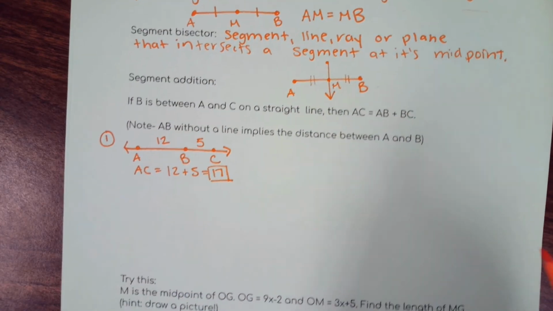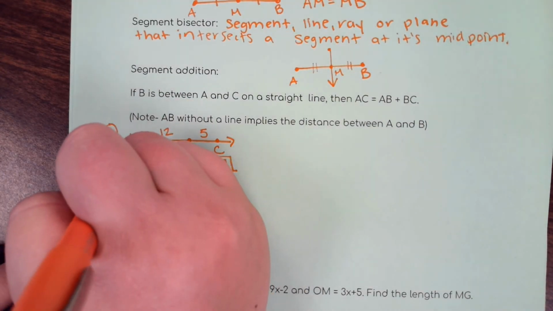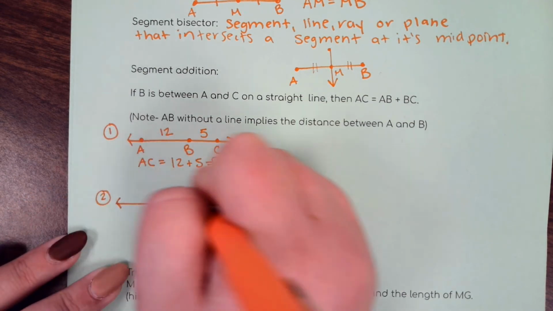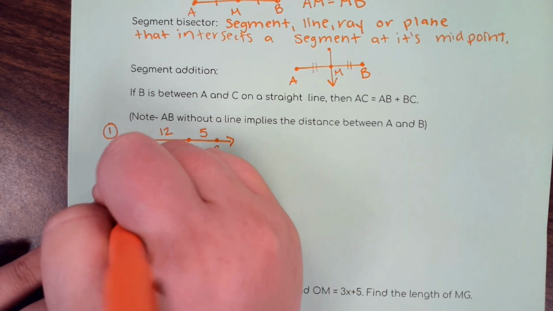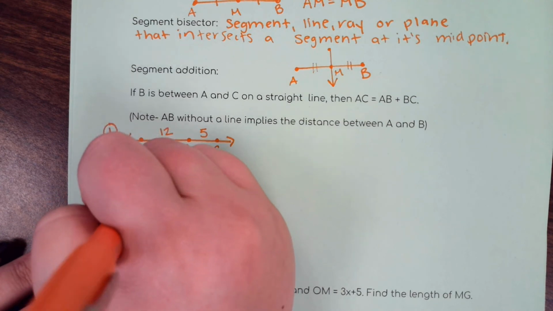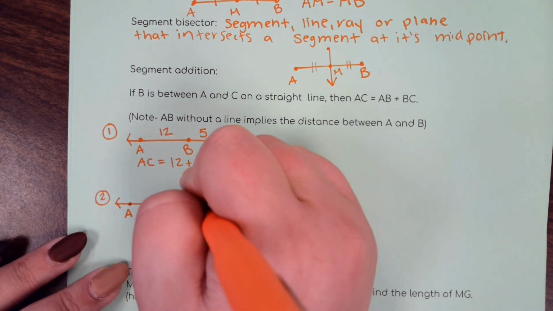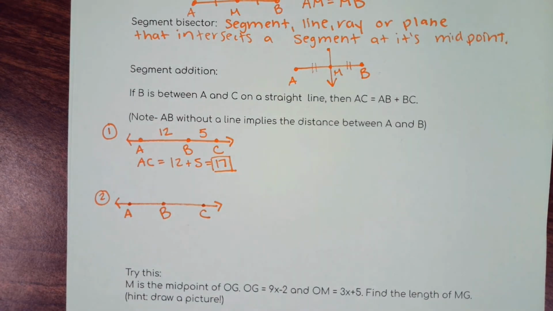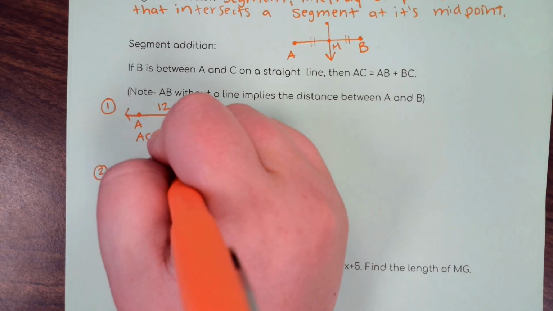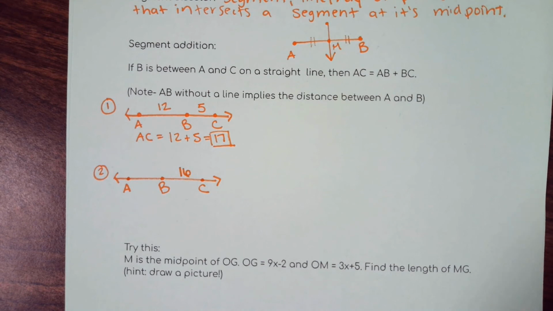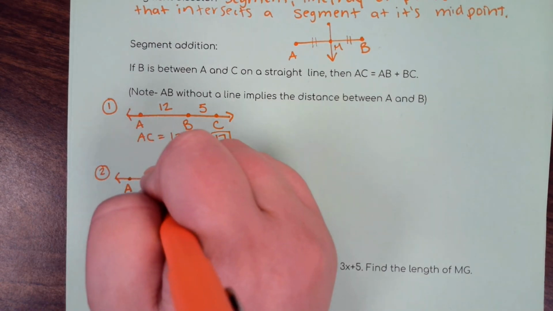We're going to get a little more advanced. Let's look at another one. This one's also pretty simple, but I want to just set the foundation here. So let's draw another line with A, B, and C. Let's say BC is 16. And this time I'm going to tell you